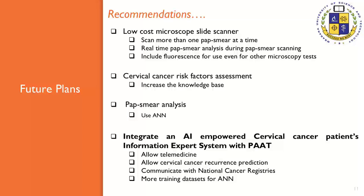And also we are including fluorescence so that you can use the same microscope for malaria and other types of diagnostics. And also we are trying to increase the knowledge base for cervical cancer risk factors and assessment. Based on the different presentations I've done of our research, because we are using a lot of classical methods, they are telling us we can try deep learning approaches so that it becomes faster. However, the issue with deep learning is the implementation environment, because we are working with